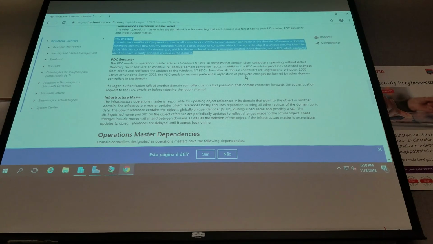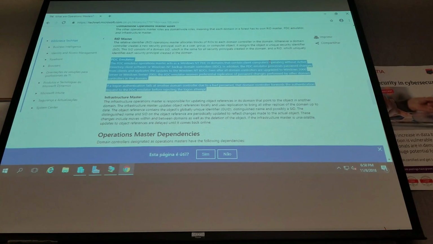So fairly highly available. The PDC emulator is